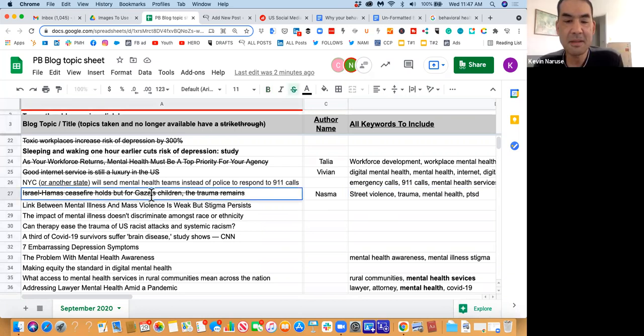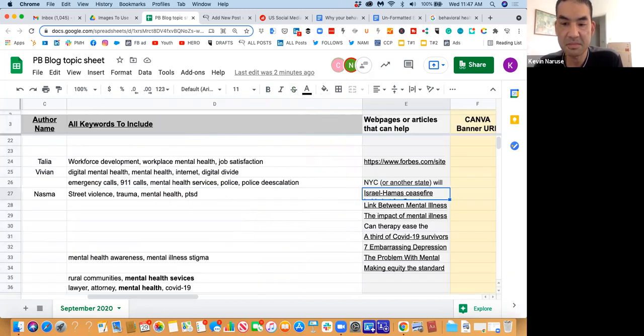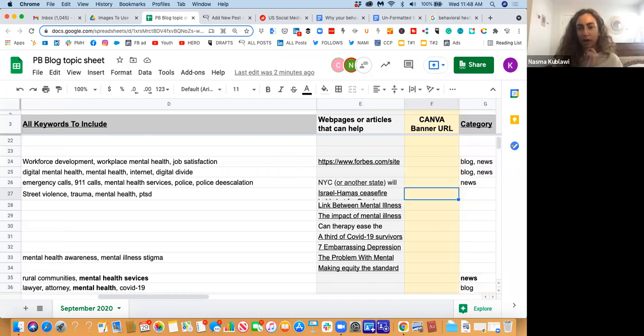And this is a topic that I've been waiting for someone to take for the longest time. It's kind of an old topic now at this point because it's like 2 months, 3 months ago, when the ceasefire actually wasn't happening. And that's when it should have been published. So you might have to change it a little bit. You're going to have to change the title. You're going to have to make it like, okay, we're not 3 months ago when that crazy stuff happened. Now we're post ceasefire and we're talking about something totally different. Got it. That's kind of where I went with it anyway.